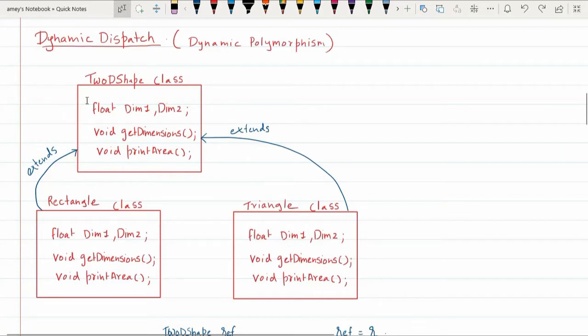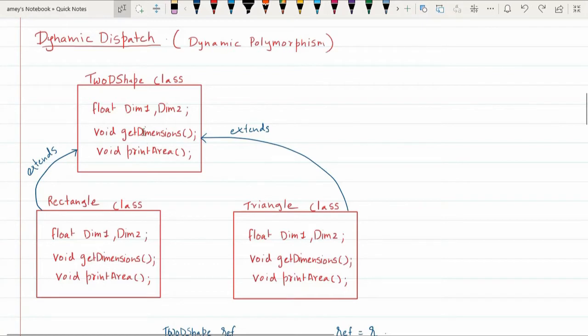So, with respect to this particular example, we shall exhibit how dynamic polymorphism can be achieved. We declare a class called 2D shape, which is a super class, and in this super class we declare fields called dim1 and dim2. We also declare two methods, that is get dimensions and print area.